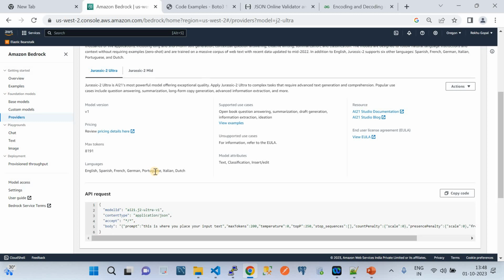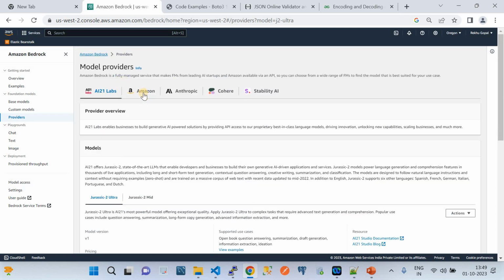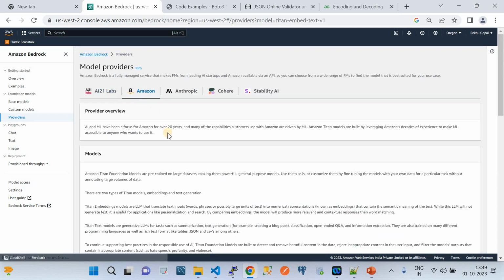Likewise, a lot of metadata for this particular model is also provided. Finally, this is the most interesting part of the demo: how to invoke those foundational model APIs to realize the value of these generative AI models. This section contains the API. These are all the metadata needed to invoke those foundational models. Likewise, if you go to the Amazon models,